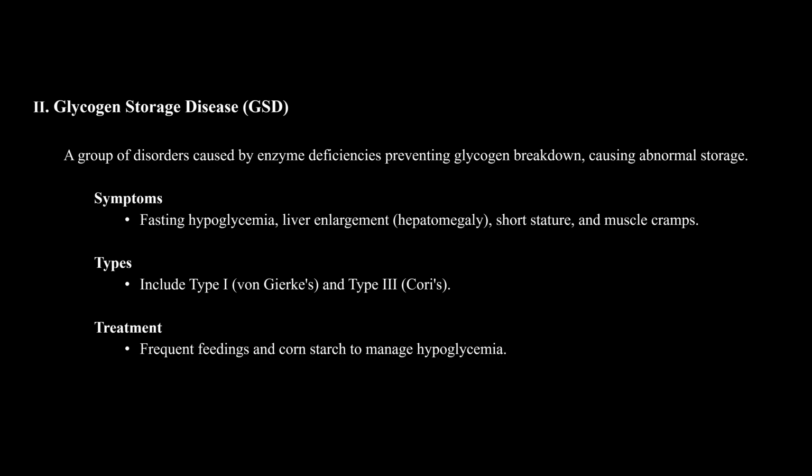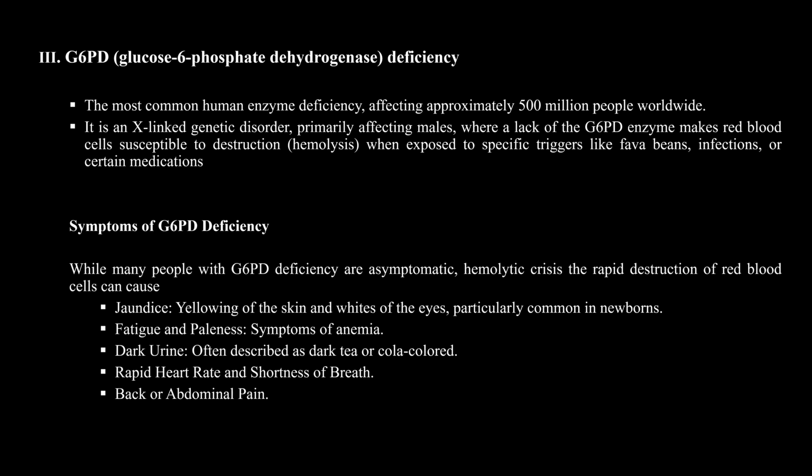Glycogen toxicity. Symptoms include liver enlargement, pancreatic and thyroid involvement, managed by hypoglycemia care. Glucose-6-phosphate dehydrogenase deficiency: hemolysis triggered by factors like infection or certain medications. It is an X-linked genetic disorder. Symptoms: hemolytic anemia, red blood cell breakdown, jaundice, yellow skin and eyes, particularly common